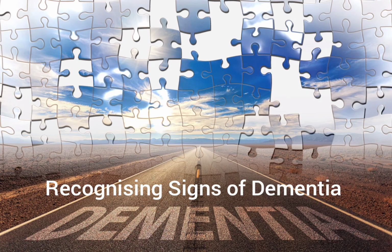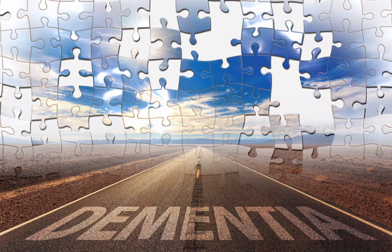Recognizing early signs of dementia. What to look out for. Dementia is a condition that affects millions of people worldwide, and it can be a difficult topic to talk about. It's hard to come to terms with the fact that a loved one may be losing cognitive function and memory,